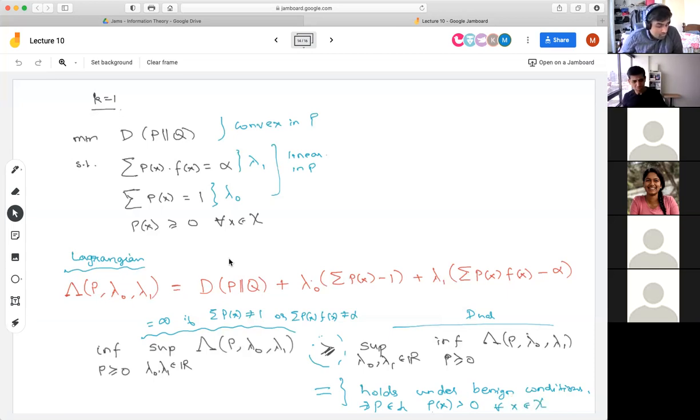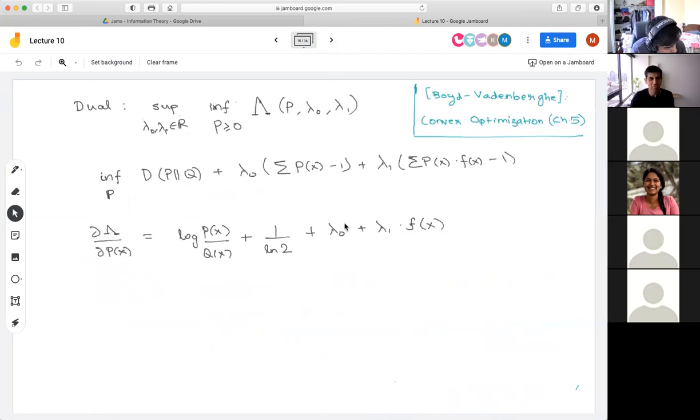So in general, this is called like there's some point which is strictly feasible. So all inequalities are strict. This is called Slater's condition. It's a sufficient condition. It's not necessary. There are other sufficient conditions, but this one is relatively clean, and we can work with this. Okay. In particular, we did talk about our P star and said that our P star sort of satisfies this property that P star of X is greater than 0 for all X. So under this condition, the two programs are equal,